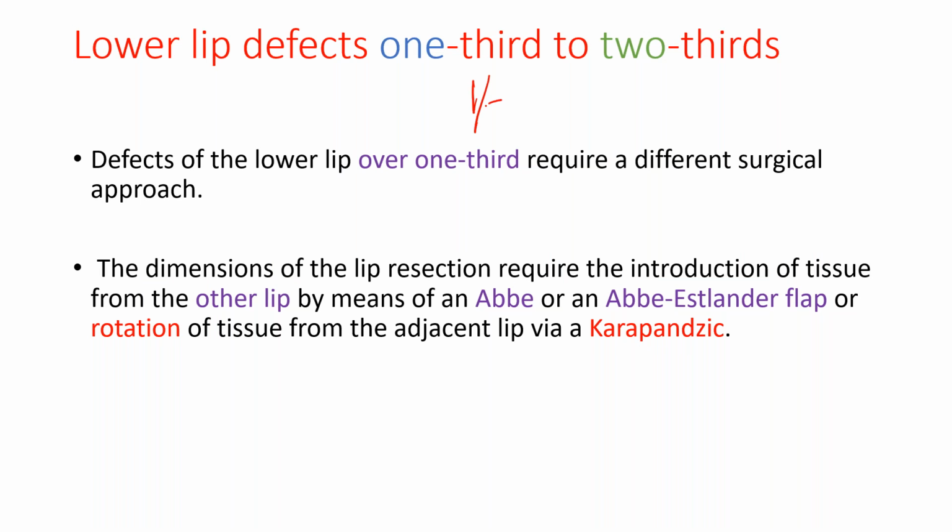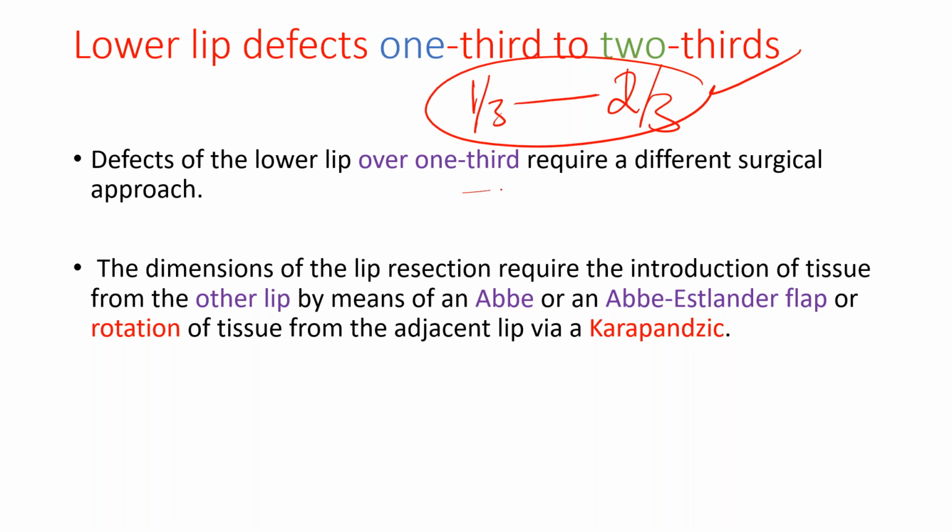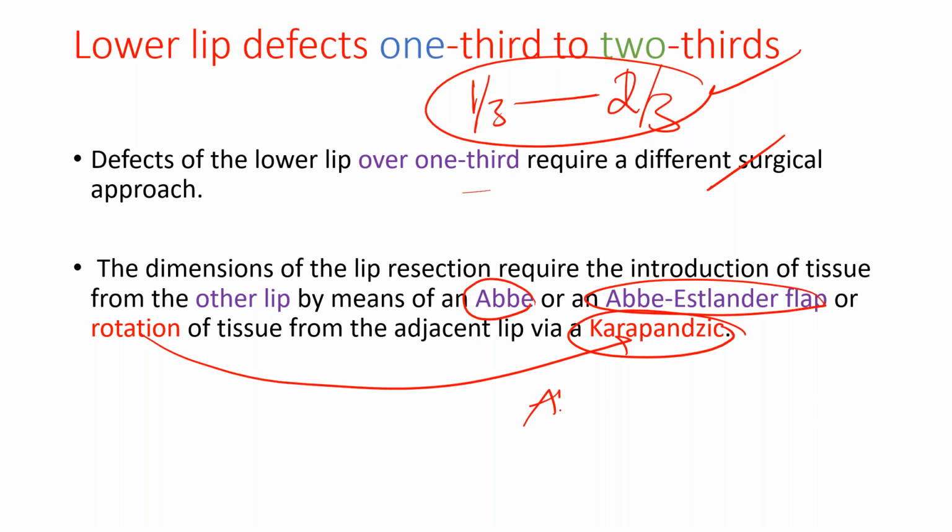So lower lip defect between 1/3. So that was less than 1/3. Between 1/3 to 2/3, what should you do? You have a different surgical approach. The names are Abbe flap, Abbe-Estlander flap, or rotation of the tissue via a therapeutic flap. So there are 3 names. Just remember the names. That's it. Abbe flap,